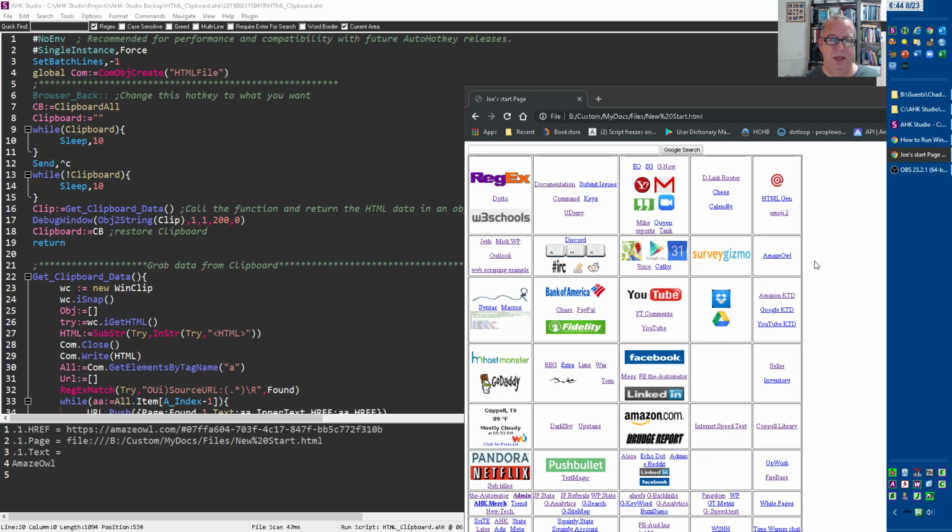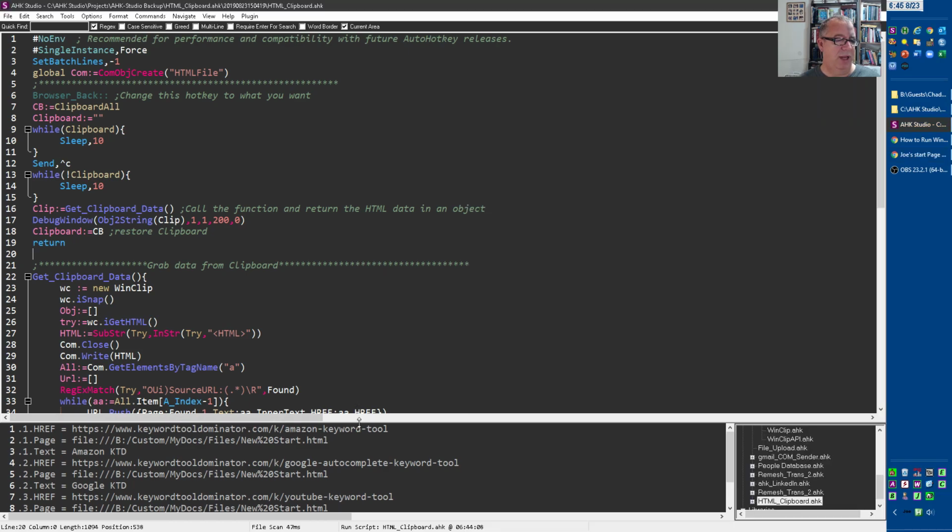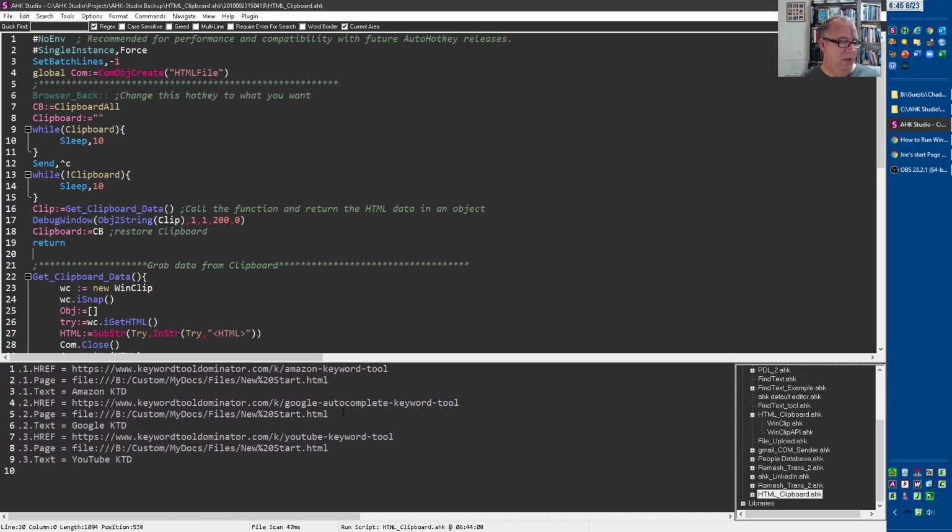And even if you only have part of the text highlighted and I hit my hotkey, it'll get those other two fine, but here's the text now, right? So it doesn't rely on it. But also notice this is .1 for each one of these. If you do more, it puts all of them in their separate little objects, right? So it's easy to say, if I wanted multiple instead of just one, I could easily break that out and get each one of those.